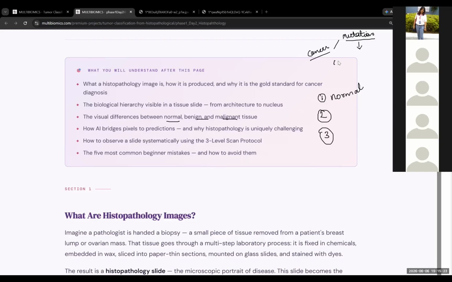Due to that, what happens, the cell divides fast. So there are some signs of cancerous or tumor cells. First of all, cancer means nothing else but it divides fast, and not only fast, it divides uncontrollably. And then there are so many changes, change in shape. I'll tell you what changes are there. So in this lecture itself, you will go through those changes. So there are normal cells, and then you have got